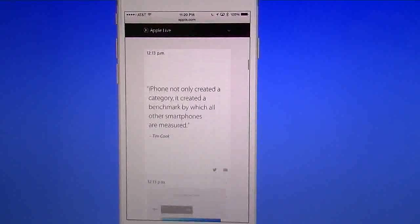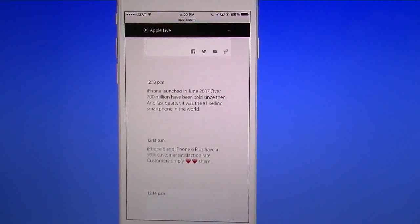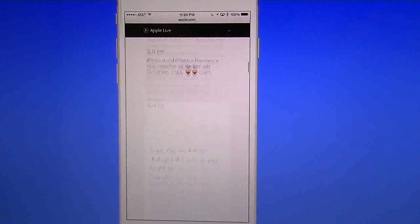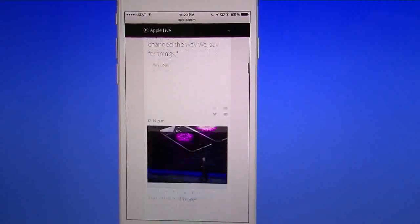Okay, and then we go down here. Of course, they talk about the iPhone, how well the iPhone 6 and 6 Pluses did, how it was growing, how it's expanded. Of course, they talk about over 700 million being sold of the iPhone 6 and 6 Plus, with a 99% customer satisfaction rate. Then they talk about how Apple Pay has changed everything since the iPhone